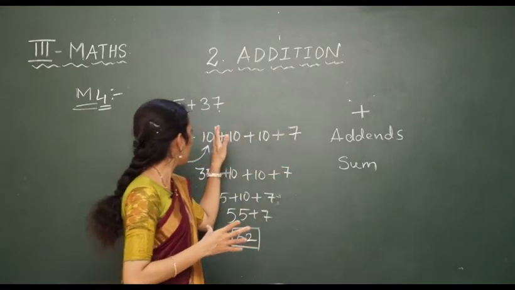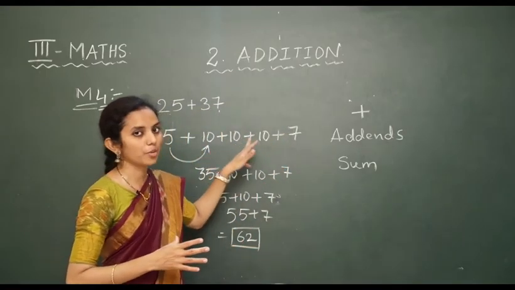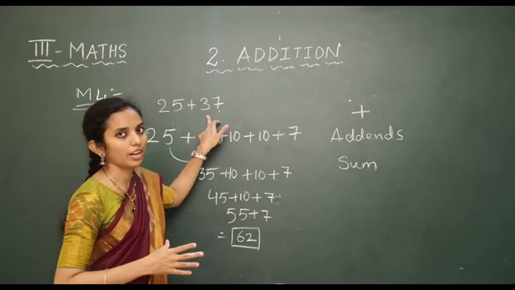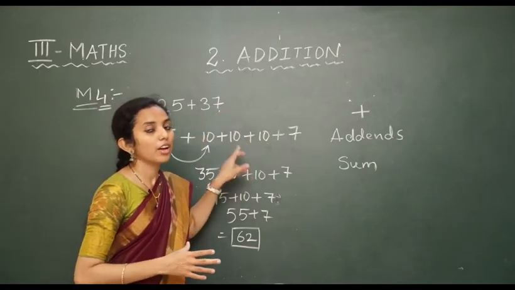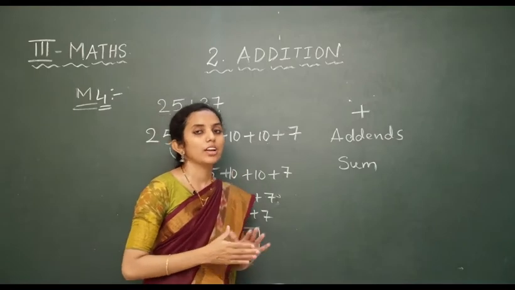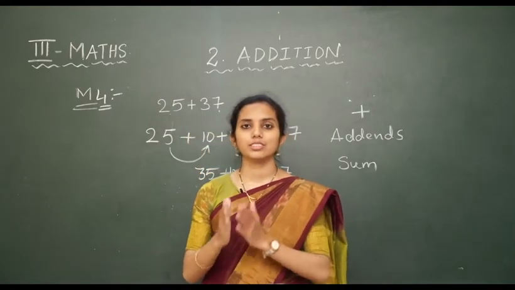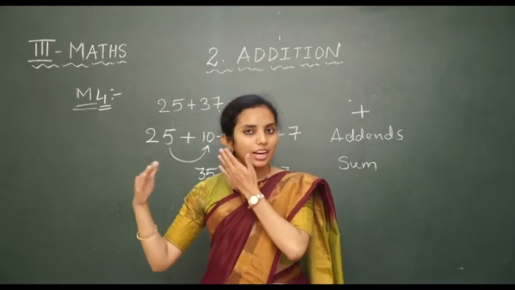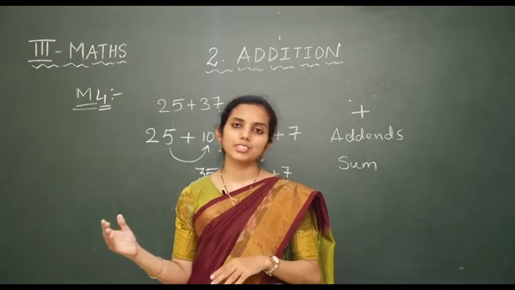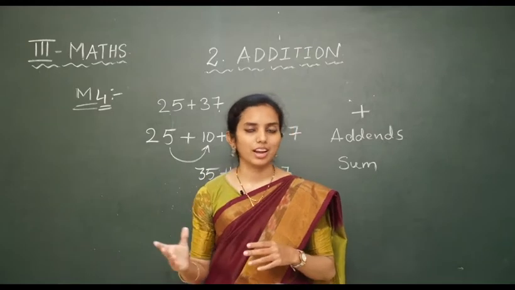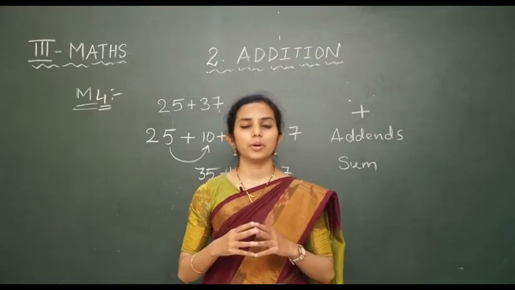We just split the number into tens. If suppose there is a 47 number here, then how many tens we have to write? We have to write 4 tens there. So one number is completely written in the form of tens, that is 10 plus 10 plus 10 plus 10, and later whatever the ones number is there, we put the ones number in the last. So this is counting by tens.